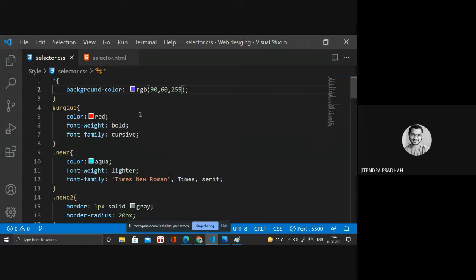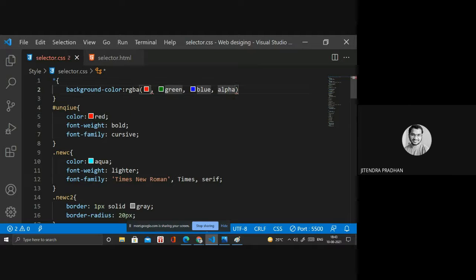What is RGBA? When I write RGB, it also suggests RGBA. What is that RGBA? It's red, green, blue, alpha. What is the alpha? Alpha is opacity. If you require transparency in that particular color, then you have to write it. Let's see how.